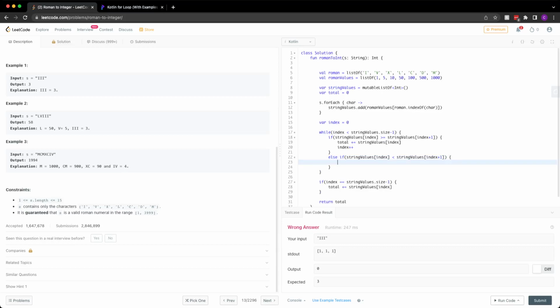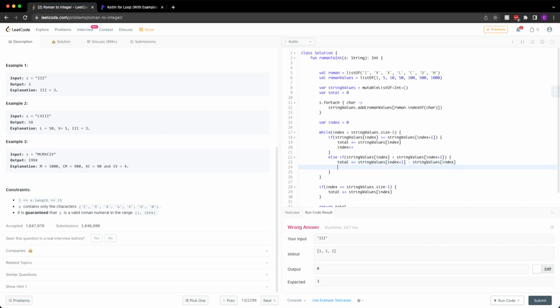If current value is less than the next value, then we want to do total plus equals string values at index plus 1 minus string values index.